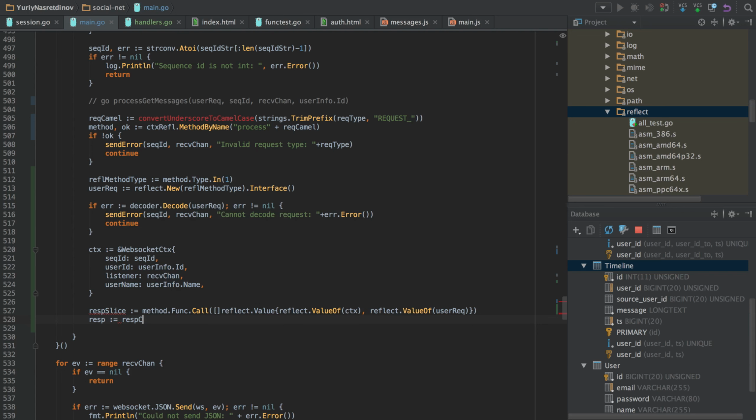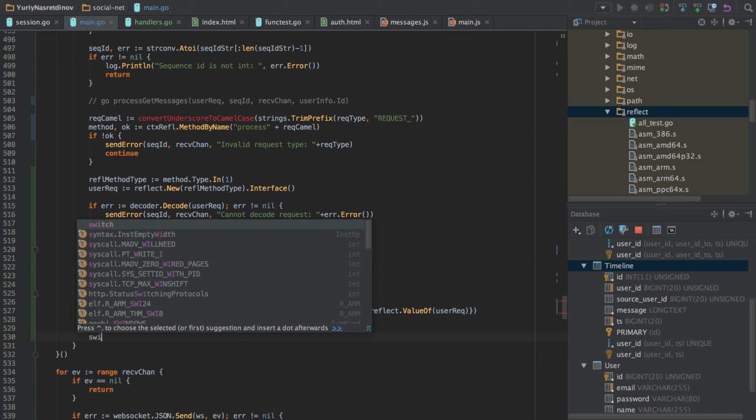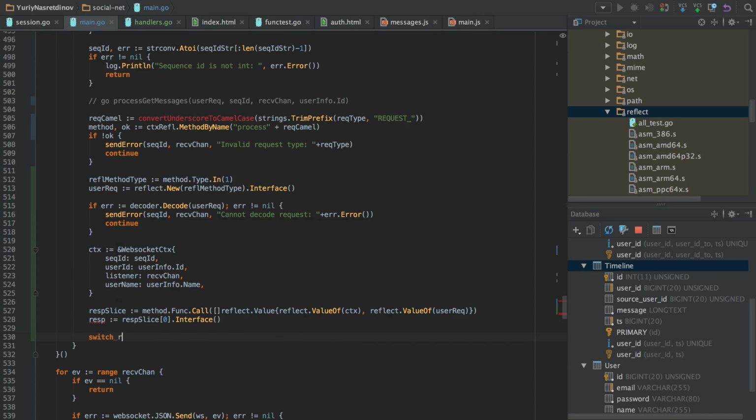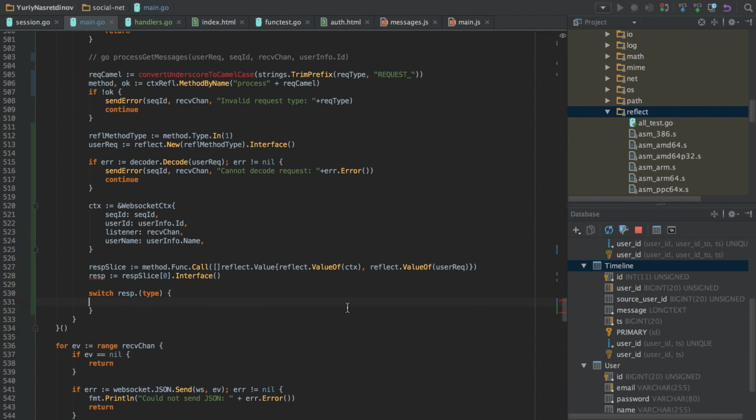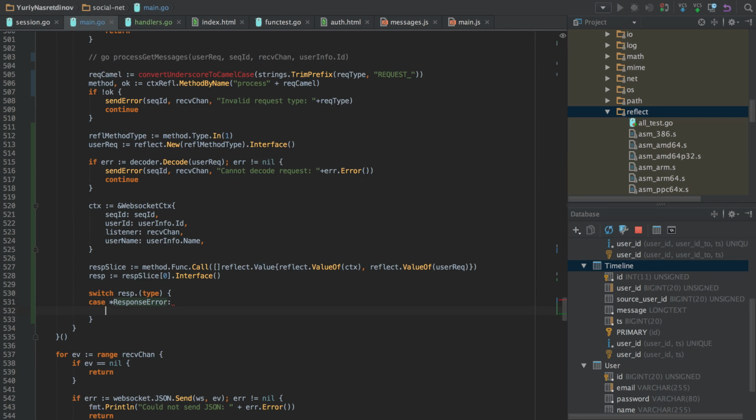So it's the response slice, and the first element would be response slice 0, and we cast it to empty interface, of course, to get a real value, not the reflection value. And we should then analyze its type and do proper things in case of error and in case of anything else.